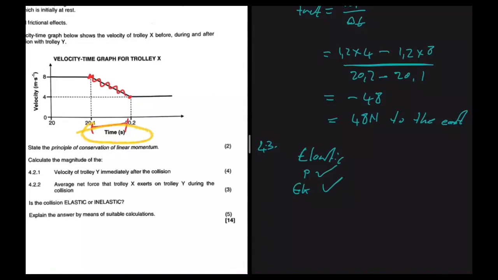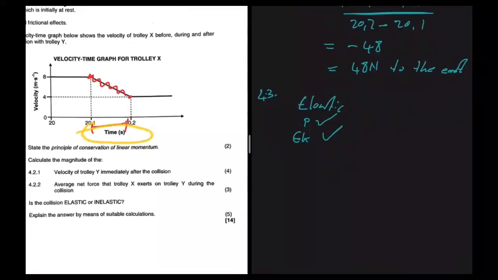So it will make sense if we calculate the momentums again, right? Because that's what we're assuming. We're assuming that the momentum is already conserved. So we're just going to calculate the kinetic energy and see if it is conserved, right? Yeah, so let's go ahead and do that. So we're going to say EK before and then calculate that and see if it's equals to EK after. So EK before will be equals to just the kinetic energy of trolley X, because trolley Y was stationary. So when I have 1.2 multiplied by 8 squared, right? So if I just put that in my calculator, that is